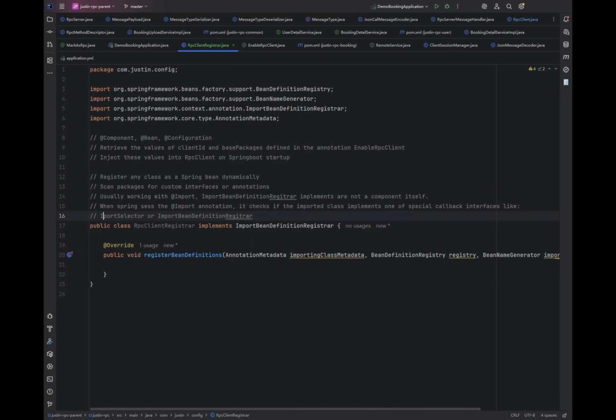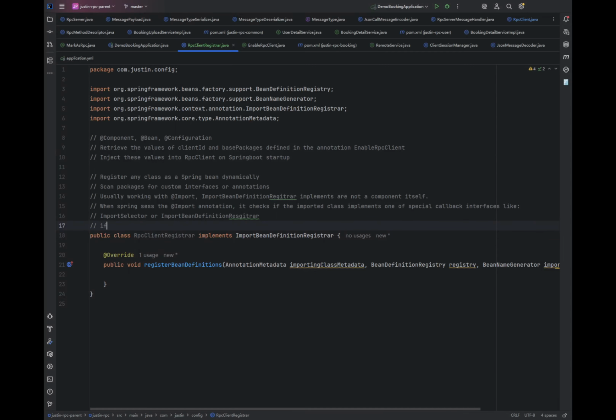If Spring scans it and realizes that the class you put into the Import annotation implements one of these interfaces, then Spring executes that logic during the bean definition phase,